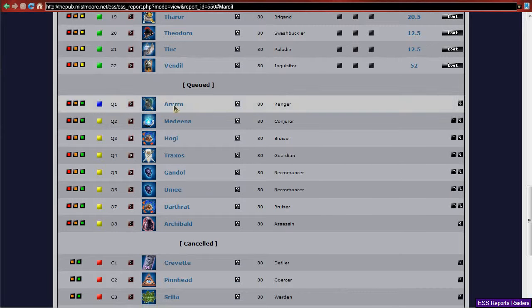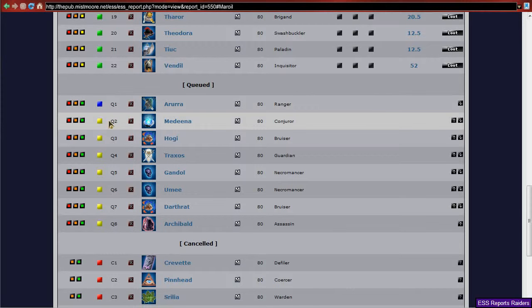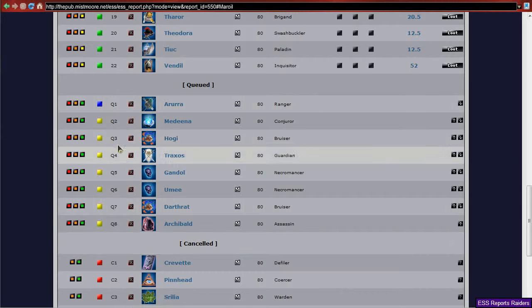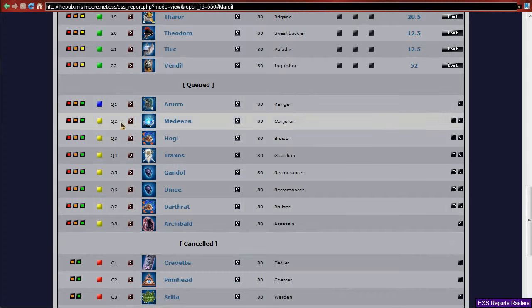Now, since Aurora is frozen, we will honor her request not to raid today and skip past her and pick up Medina. If I needed to, I could skip past Medina to get Hoagie if Hoagie would make a big difference on the raid. The queue is a suggestion at this point, but you generally need to follow that suggestion